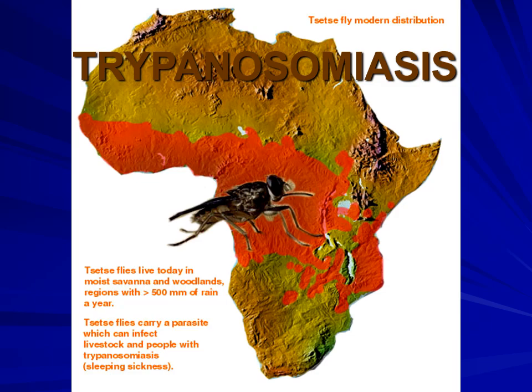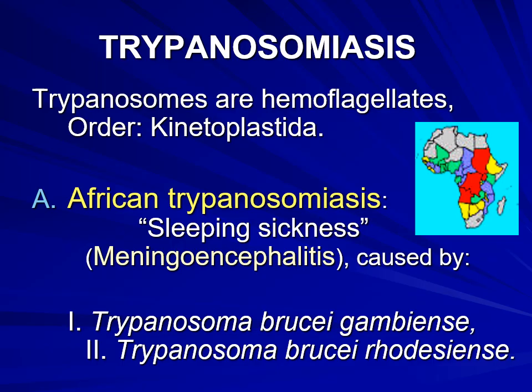And there we have got trypanosomiasis. If you look at the map of Africa, it's mostly in tropical Africa, of course. And there we have got a big fly pictured on tropical Africa, and we shall examine this fly together. Watch out that it will not bite you while there. Trypanosomes are hemoflagellates, order Kinetoplastida. So again, we are talking of the mastigophora, the flagellates, typical trypanosome.